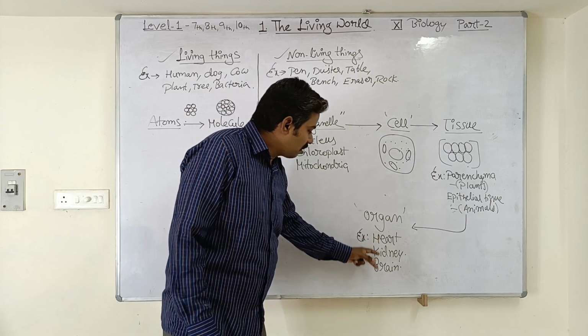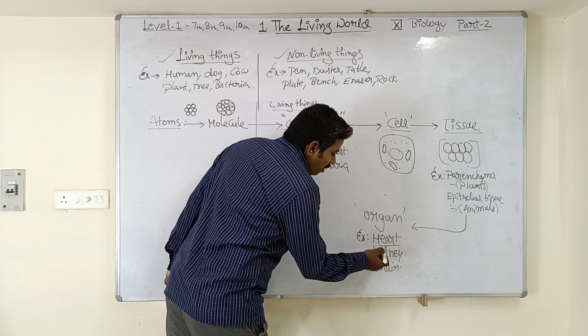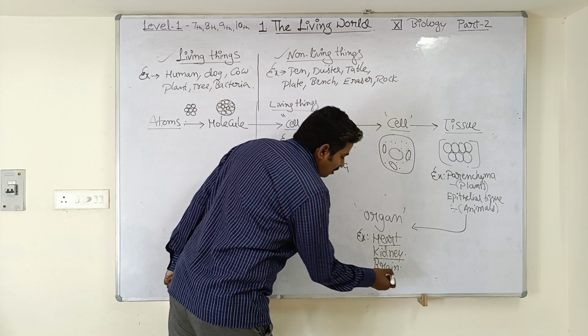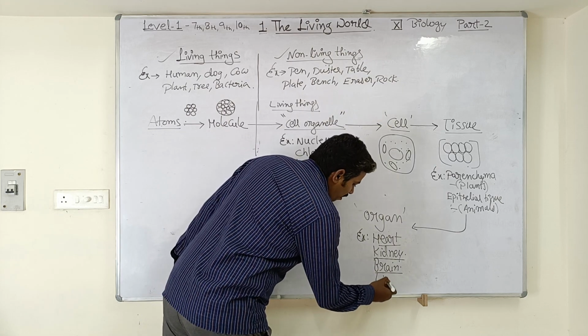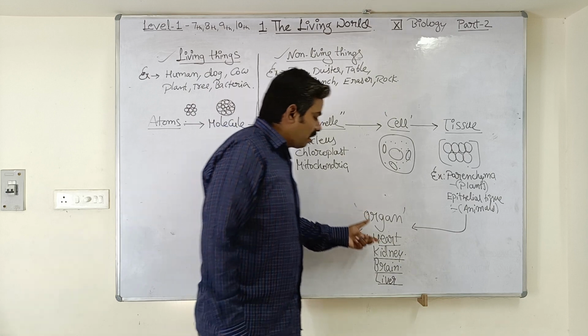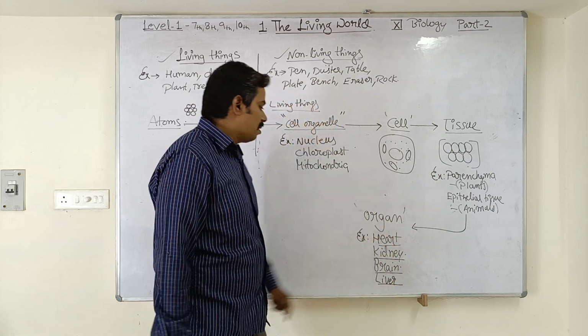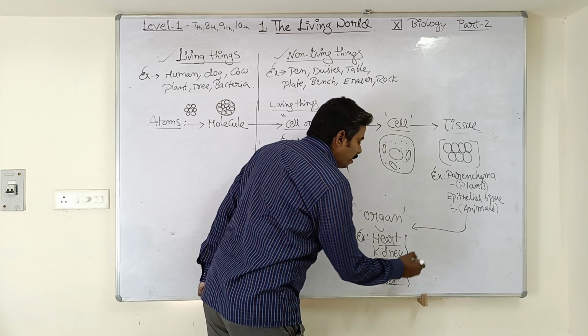So these are different organs, right? Each organ has its own function. Heart has its own function, kidney has its own function, brain has its own function, right? The liver in our body has its own function. Like this, there are different types of organs in the animals, and similarly you can also find organs in plants